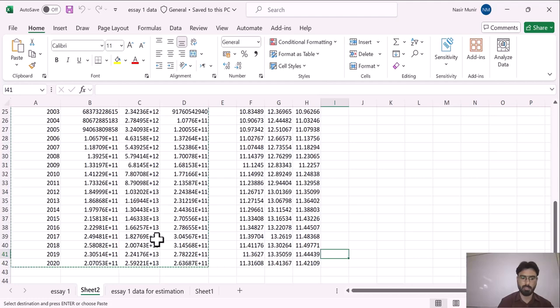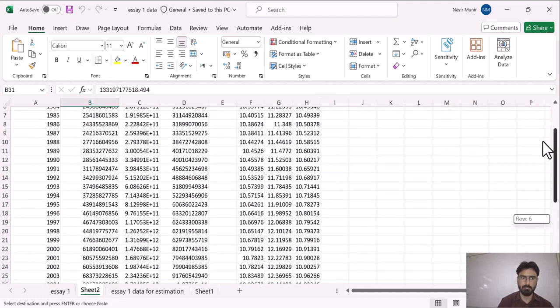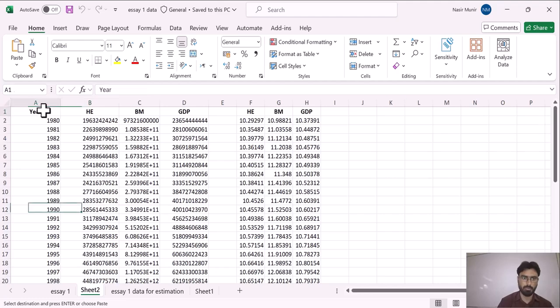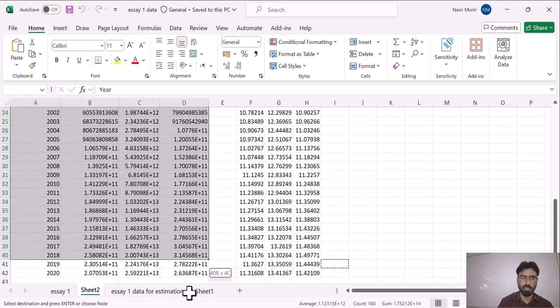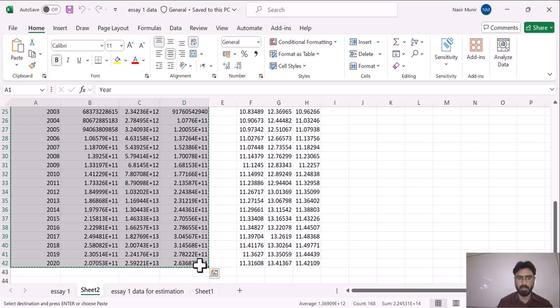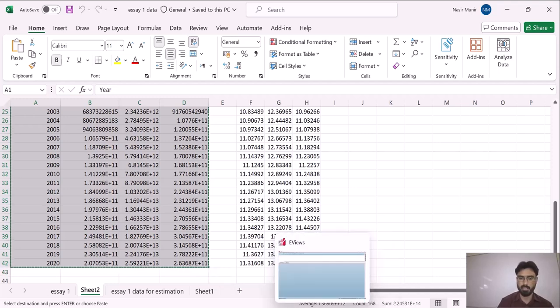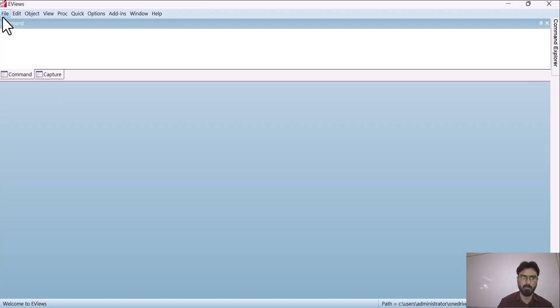So let's assume that here is my data set, which is from 1980 to 2020, and keep in mind that it is raw data. This data is not in the form of log or in the form of differences.